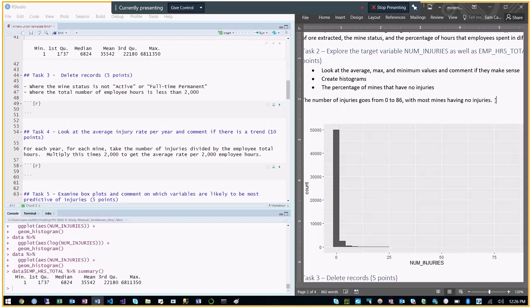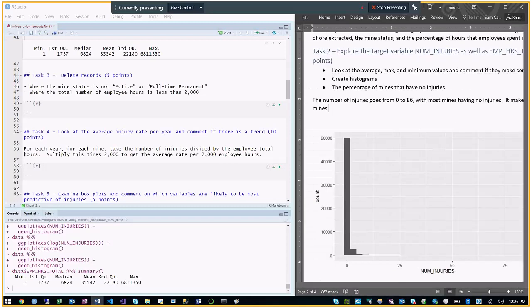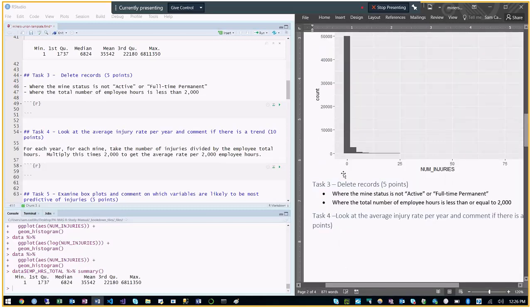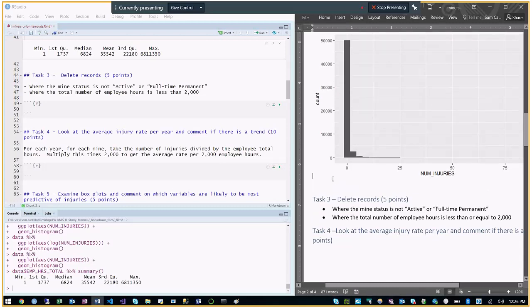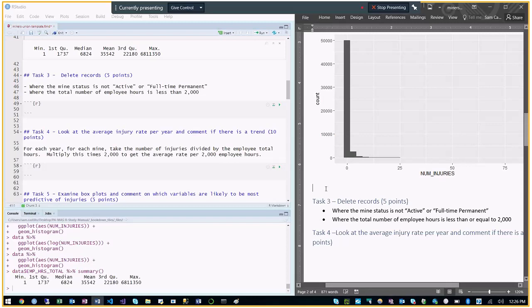It makes sense that most mines have no injuries. Okay, and the formatting here is slowing me down. The employee hours